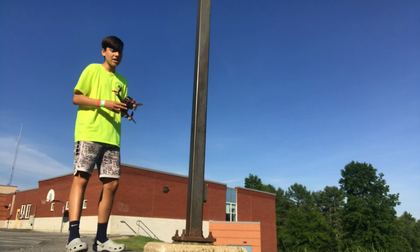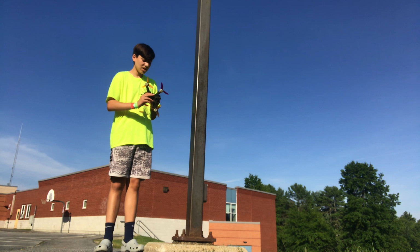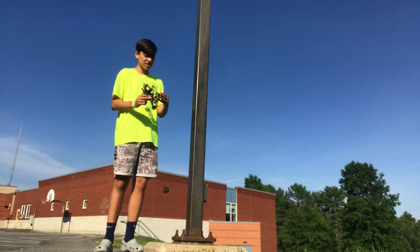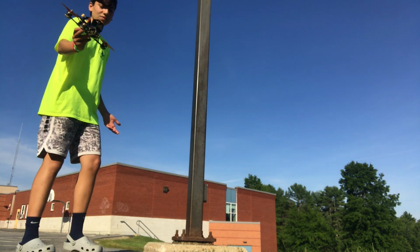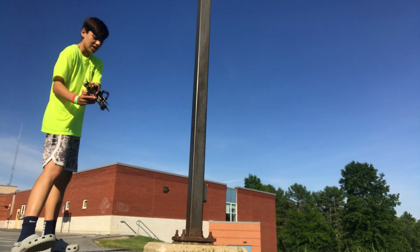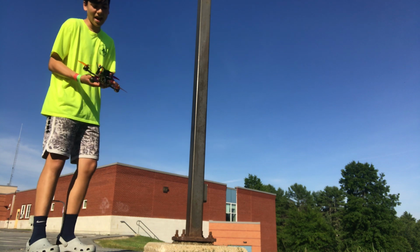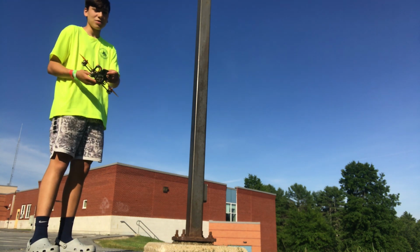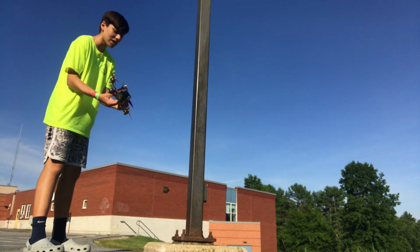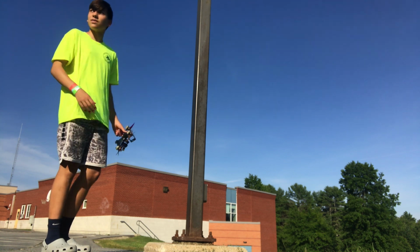Now, the trippy turn is basically just a variation of that. First off, like we did on the trippy spin, I'll show you in normal facing forward direction. Essentially, a trippy turn is you just come around the pole and do a normal turn, except you flip upside down like a trippy spin. So essentially what you do is you come in, you do a yaw spin and a little bit of pitch, and that will make it so that you...